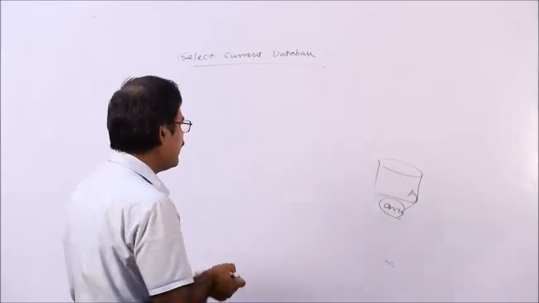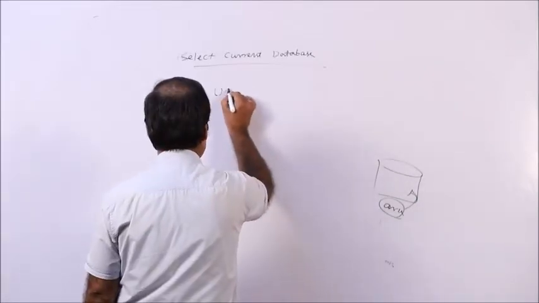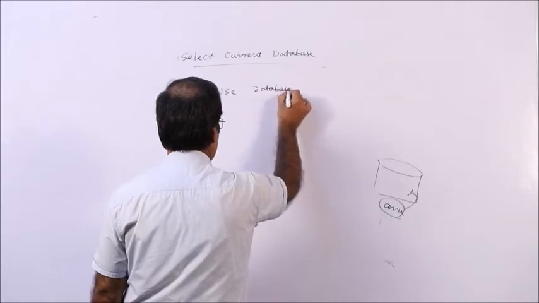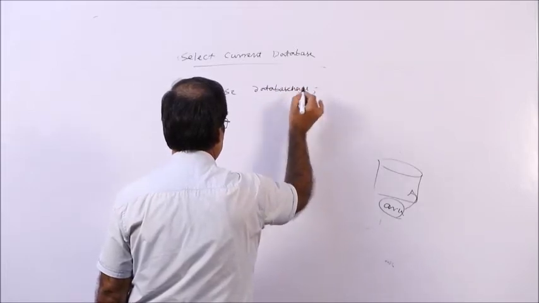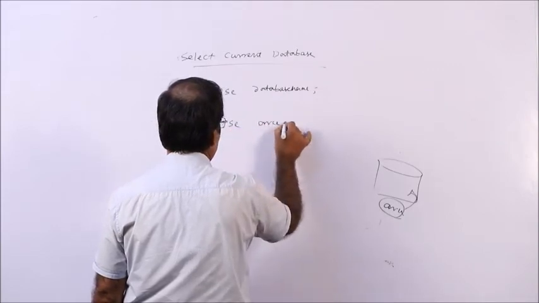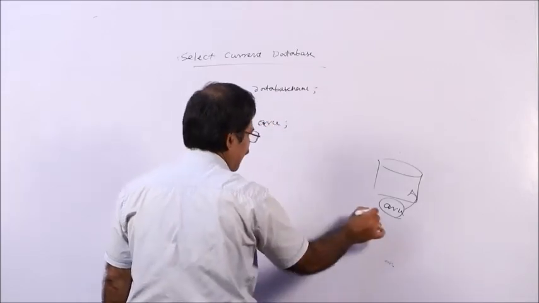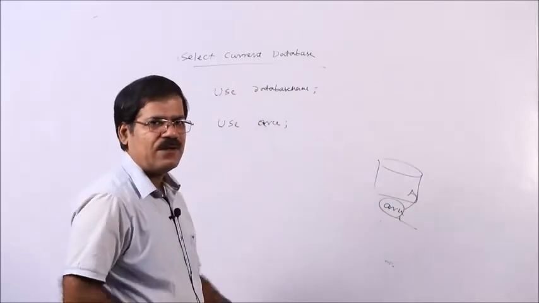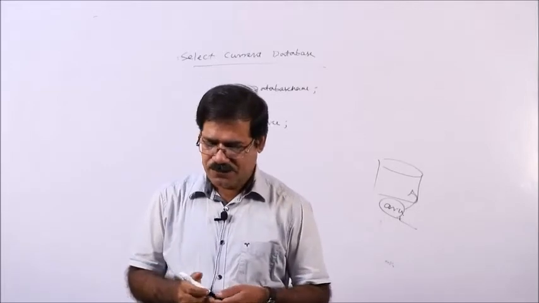So, you write use, the syntax is use database name. So, which database do you want to use? You write use Aru, because the current database we are creating, the name is Aru. So, you use Aru for the current purposes.